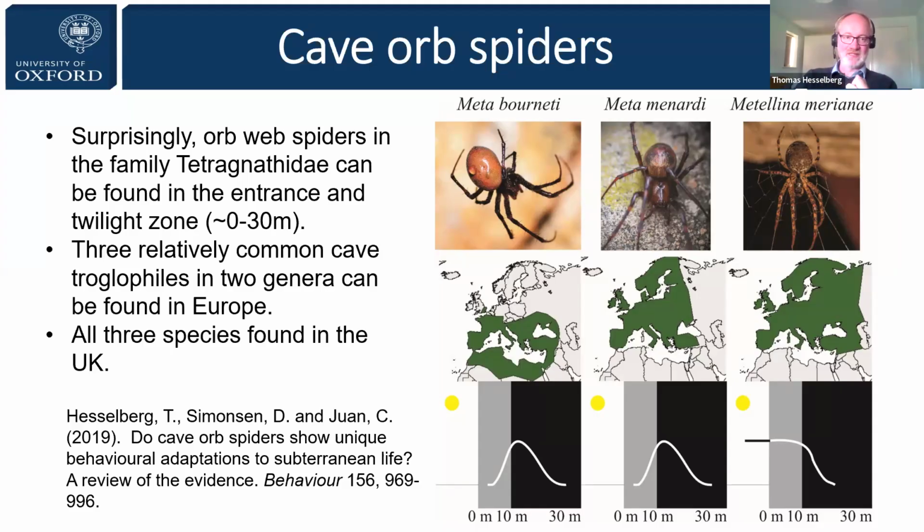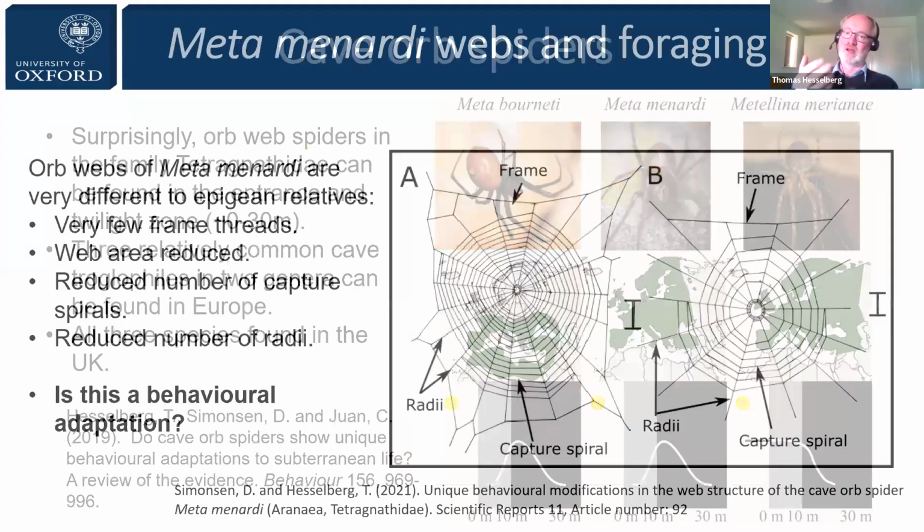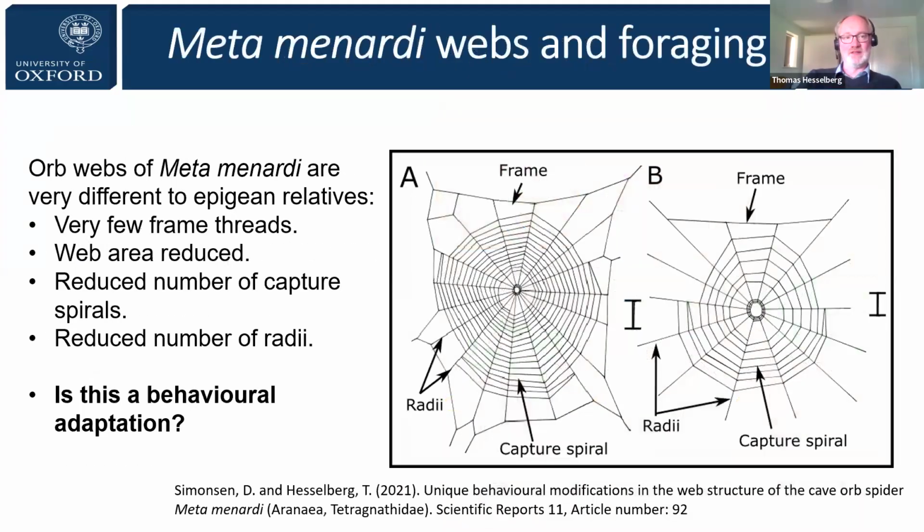However, the two meta species are really of interest because they do show quite striking behavioral adaptations. And one of the most obvious and striking adaptations they show is in their webs. So if you can see, they still build orb webs, as you can see the Menardi web on the right, so B, and a standard Metellina web in this case, so closely related Tetragnathid web on